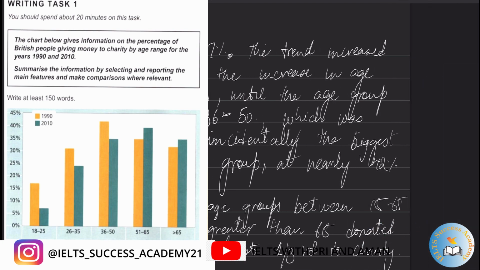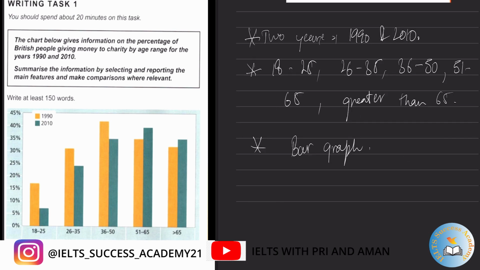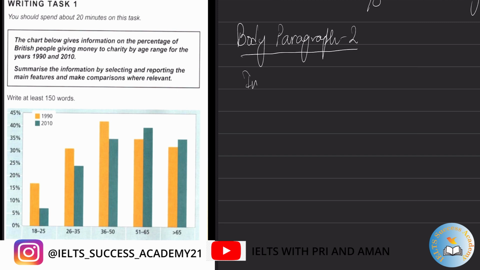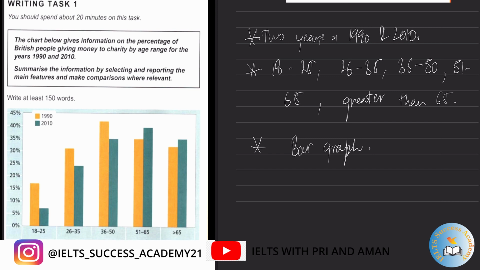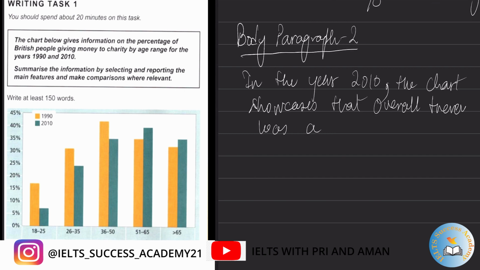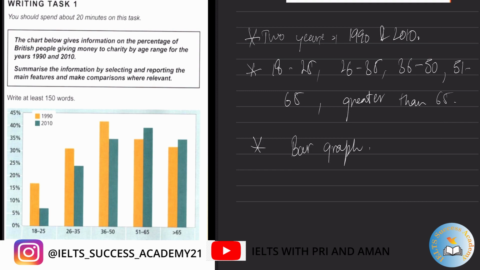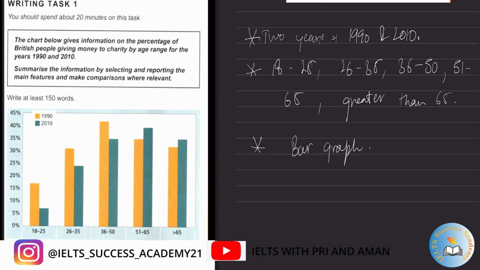Okay, now coming back to your body paragraph 2. In your body paragraph 2 you can say, in the year 2010 the chart showcases that overall there was a drastic increase in charities from just above 5% by the age group 18 to 25